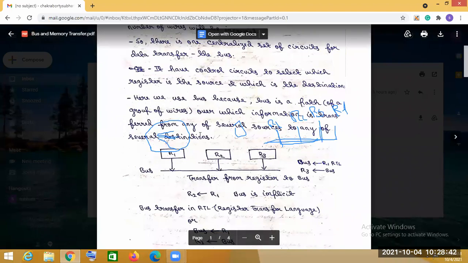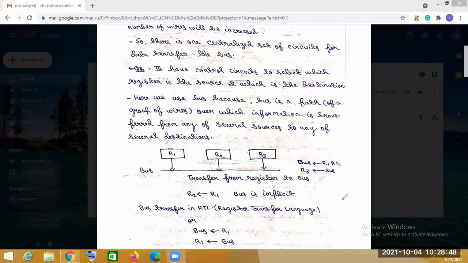In RTL, the register transfer language, if we write this, it is written like this: from R1, the data is transferred to the bus. That means for communication between R1 and R3, from R1 the data will go to the bus and from the bus the data will go to R3. So this is the register transfer language. We can write like this in register transfer language.